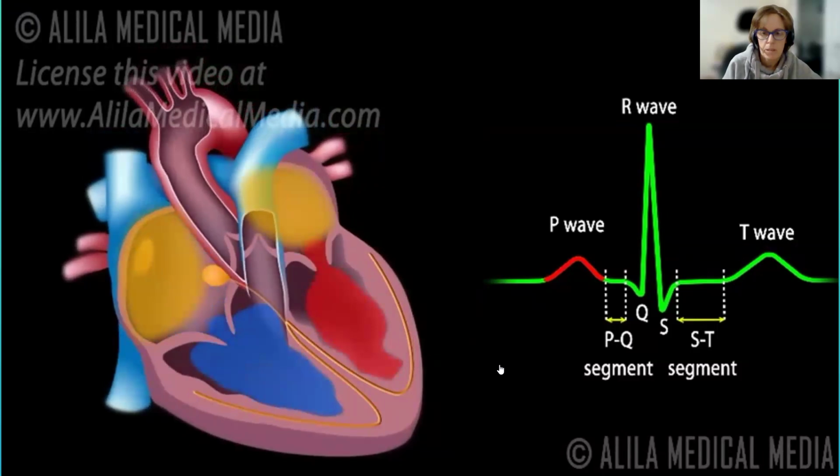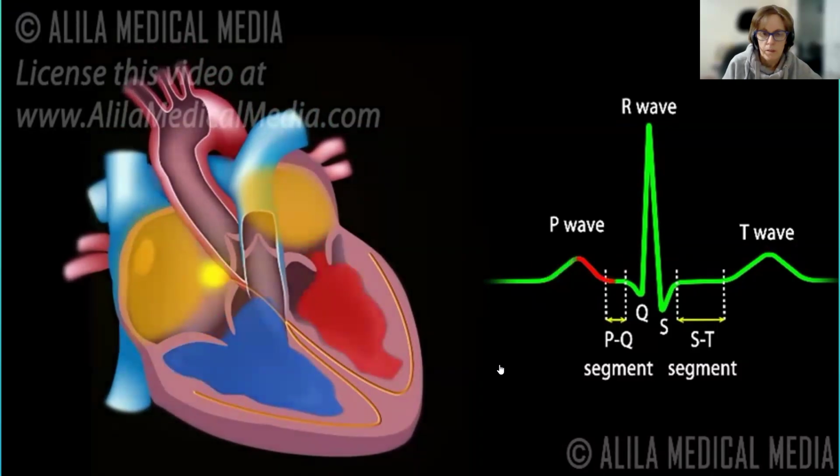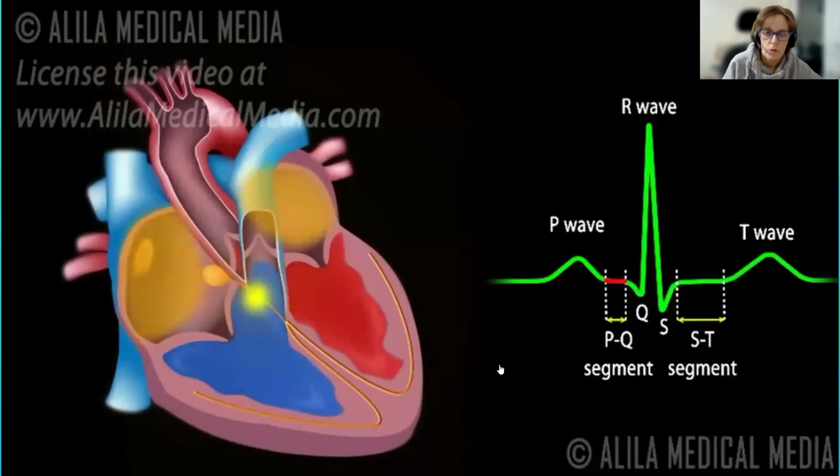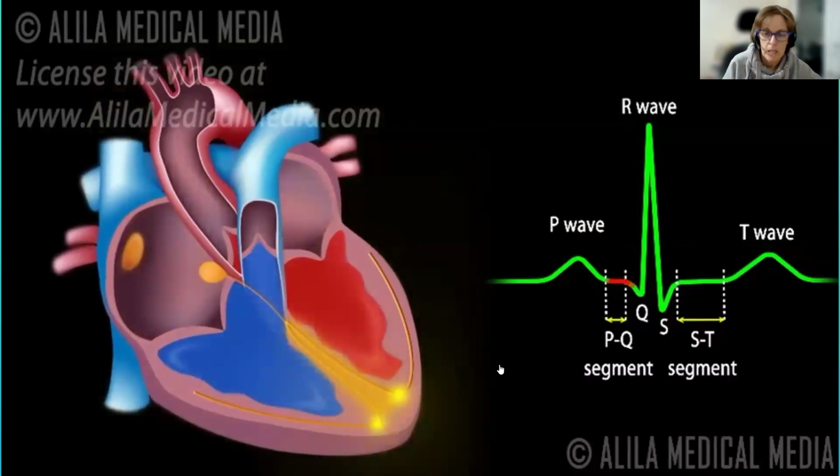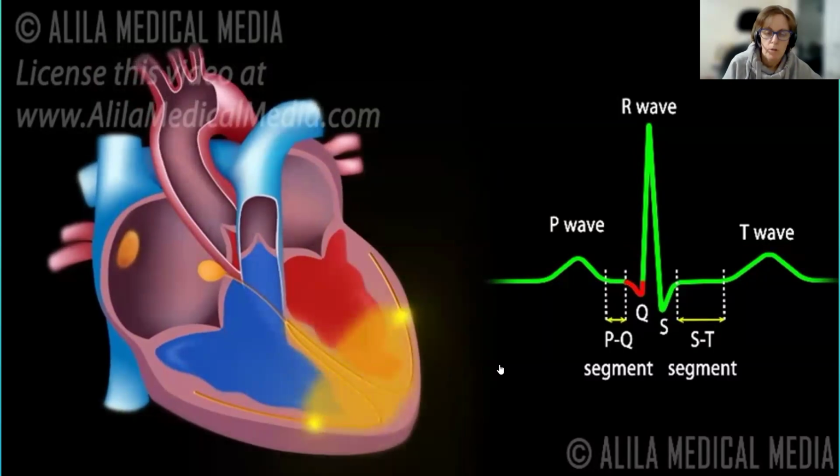Then the next thing to happen is the ventricles fill. Once they've filled, the signal can move down from the sinoatrial node, down the bundle of His to the Purkinje fibers, and then this big peak, the R wave, sometimes it's called the QRS section,